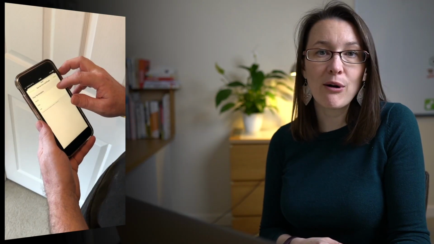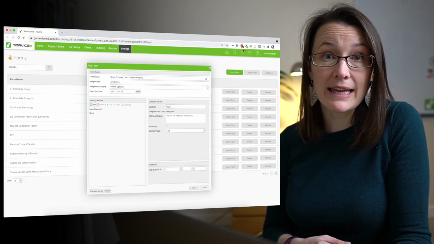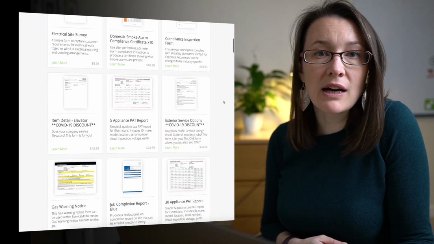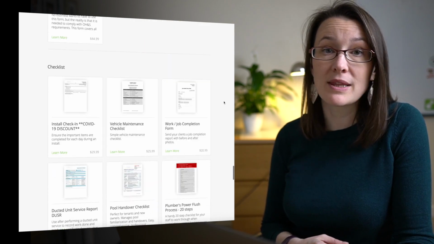Today we're going to be talking about forms. We're going to split the video into three parts. Firstly, how I use ServiceM8 Forms in my business and how you can use them in yours. Secondly, we're going to cover how to make a basic form yourself. And thirdly, how to shortcut actually making forms and either buy ready-made templates or work with a ServiceM8 partner to